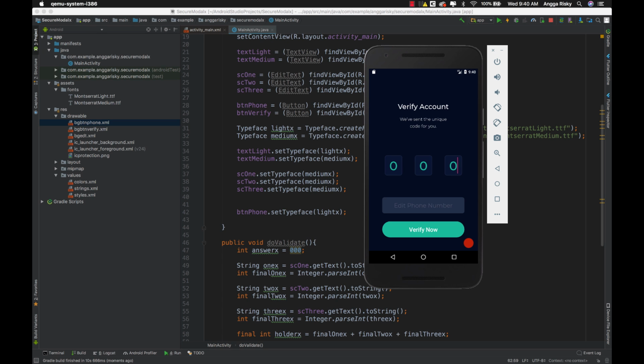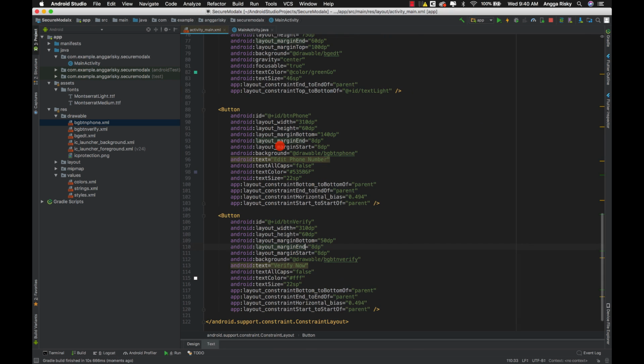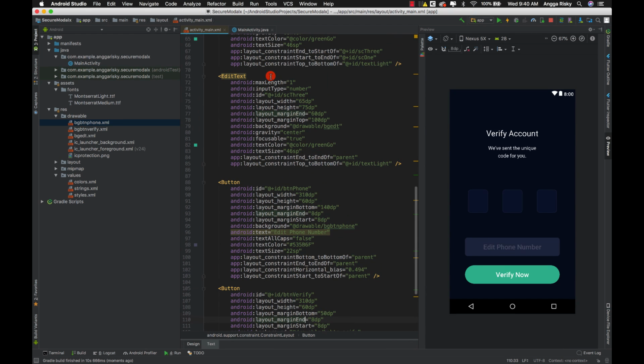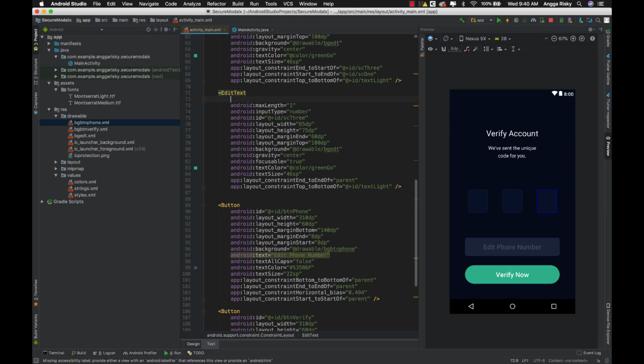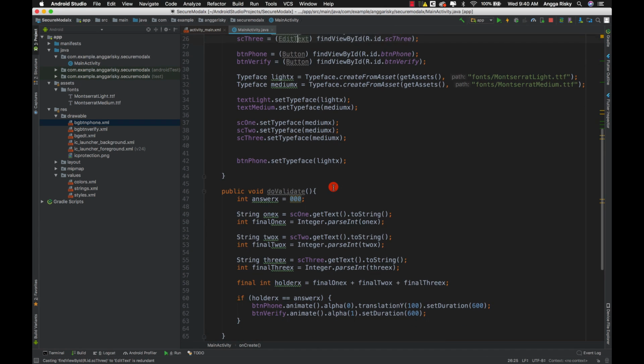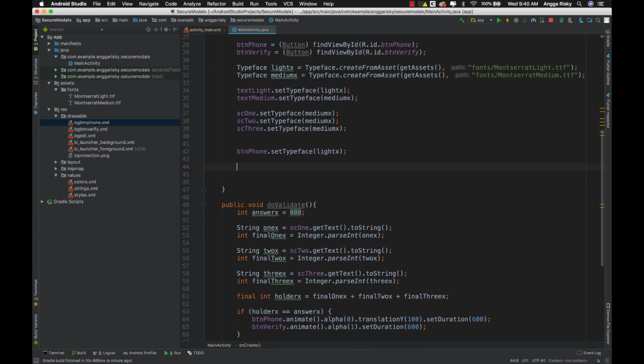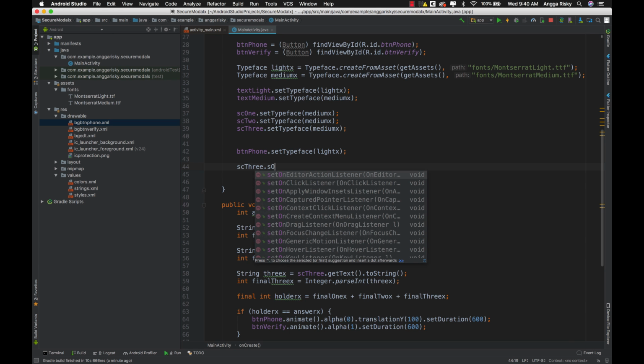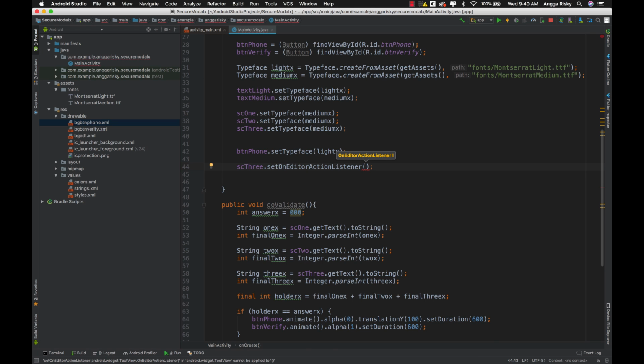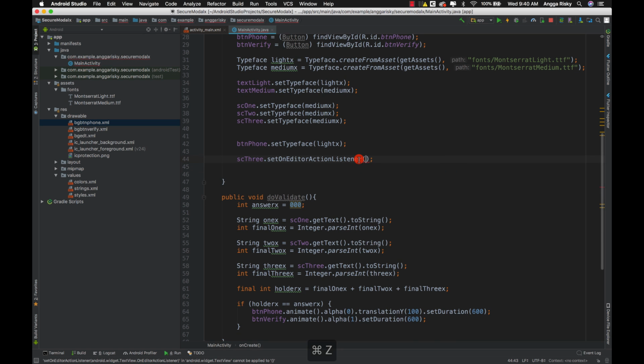the triggers yet. So we have to go to main activity, and the trigger I'm going to put in the last edit text, which is ime option action done. After that you have to make the sg3 here, and then set on editor action listener. Sorry, no, it's wrong, new edit text, and then on editor action listener.